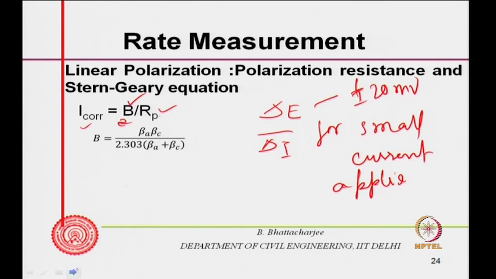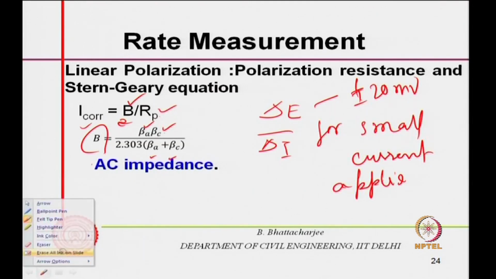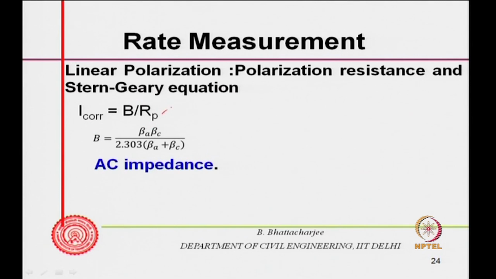Rp is the polarization resistance, and it is given as beta A times beta C, where these are Tafel's constants which we discussed, divided by beta A plus beta C. So, the relationship between Tafel's constants is something like this. The other technique is to get this. So, Rp can be obtained by applying